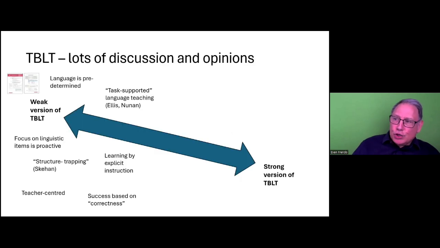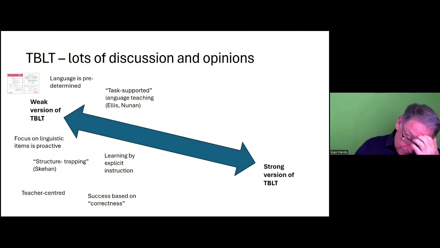And when we look at the literature on task-based language learning, and if you have looked at the literature, you'll see there's so much discussion, so many opinions. Depends on who you read, will depend on your understanding of task-based learning. It's certainly not a thing which everybody has the same understanding about. But very often people do agree that there's a weak version of TBLT and a strong version of TBLT. And the weak version of TBLT, as I put here, is the sort of thing that happens when we're using a course book as our main framework for a course.